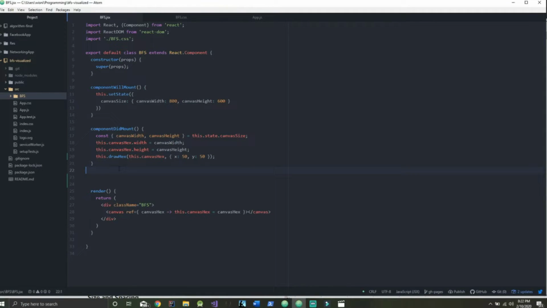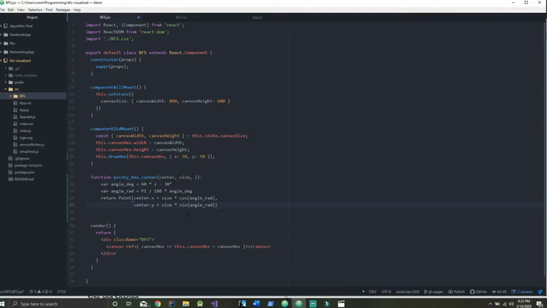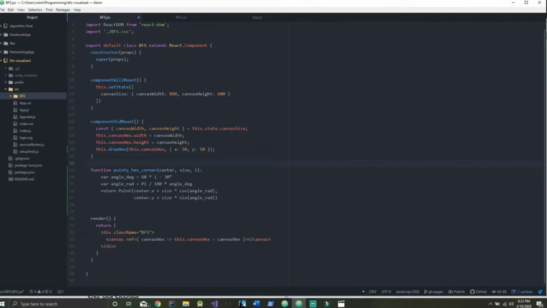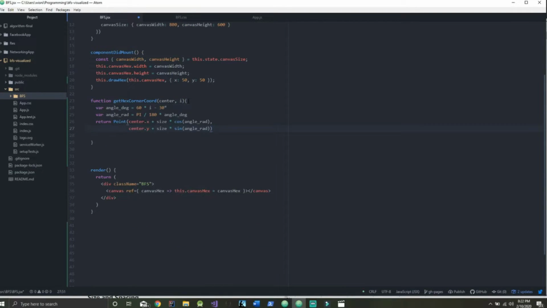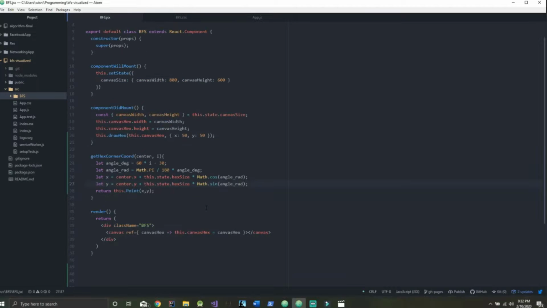Go back to Atom and we will paste it. What we're going to change about this is just a few things to clean this up. Okay, so we can hit Control S there, and basically, like I said before, this function just gets the coordinates of the hexagon's corners. Then we can return that as a point, and with those points we can draw a line between them,